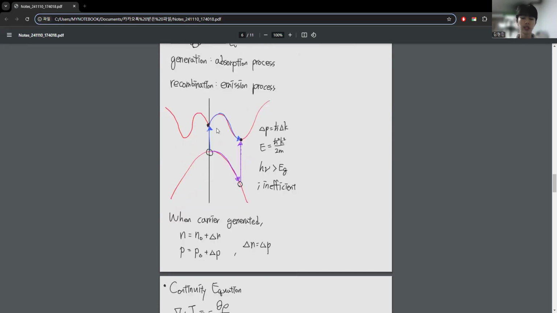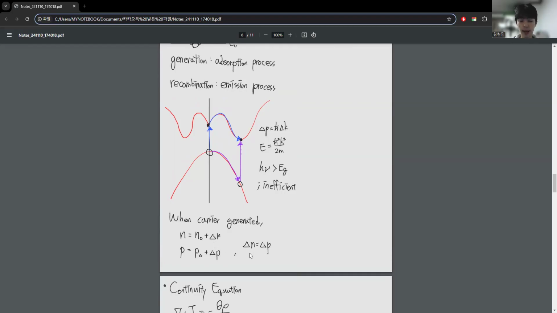So this is inefficient. When carriers are generated, n equals n0 plus delta n and p equals p0 plus delta p,